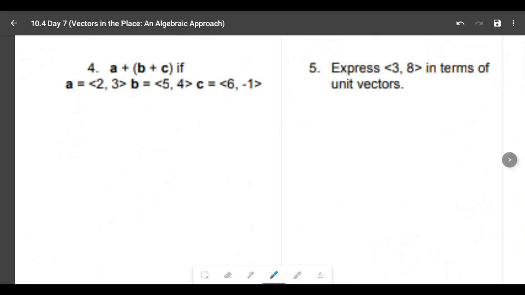Moving on to a problem like number 4, we're going to take vector A and add it to the sum of vectors B and C. So we're going to follow order of operations. B plus C,